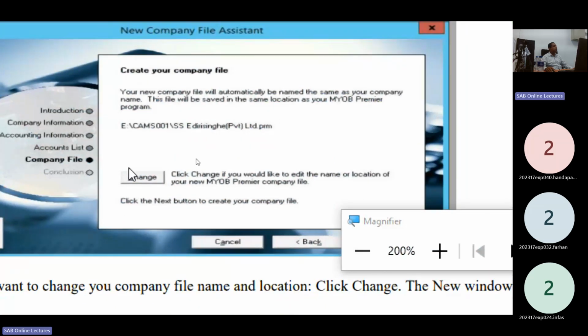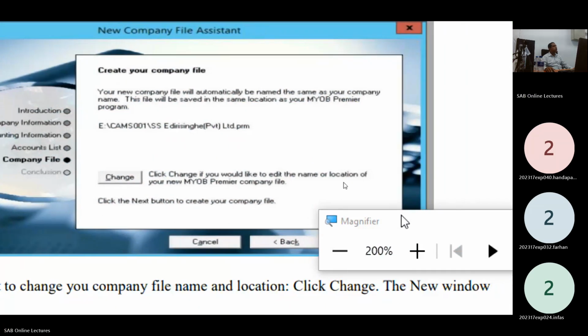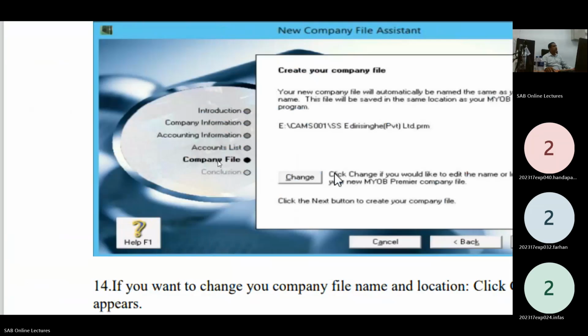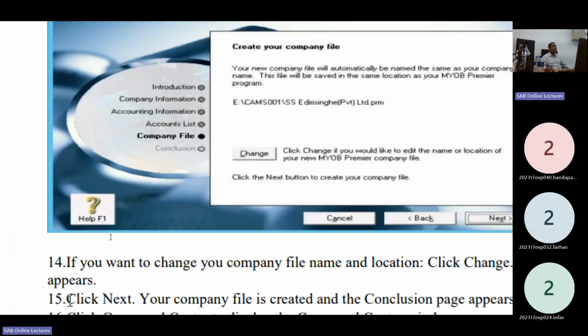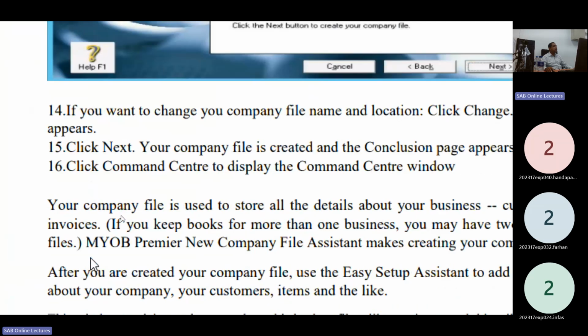Right here, change option. Then go inside this software, select the data folder. Inside the data folder, you have to save your data file, your information file. Then other details are there.